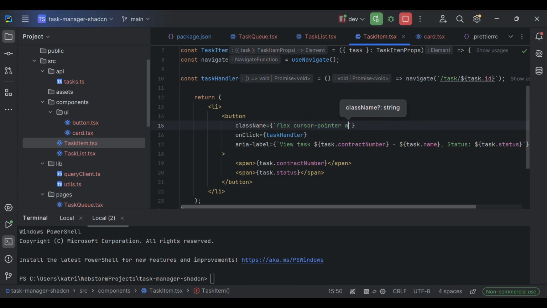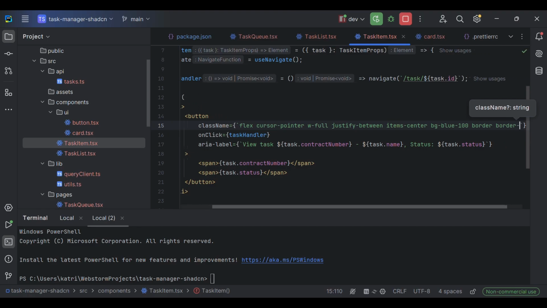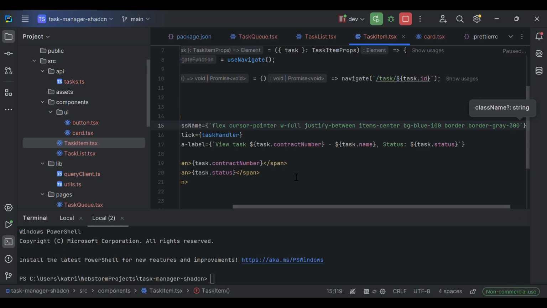It's going to be full width, justify between, items center. Let's take background blue 100, border gray 300,